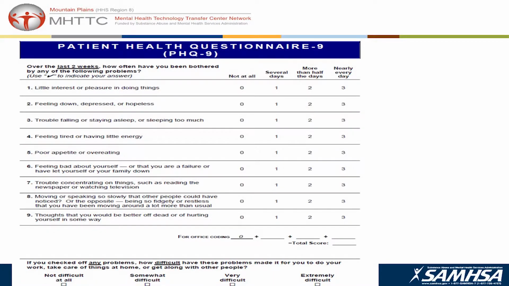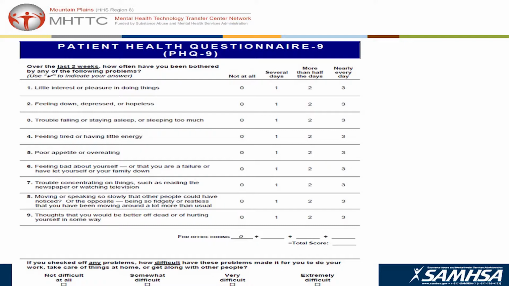This is a tough slide to read, but this is the PHQ-9. So this goes into a lot of extensive questions about risk. And what we're looking at is, do you have those cognitive changes that we see in depression? Do you have those behavioral changes that we see in depression, decreased appetite, energy, etc.? And then we ask about the suicidality, and then what's the risk there? So take a look at question 9, thoughts that you would be better off dead or of hurting yourself in some way.